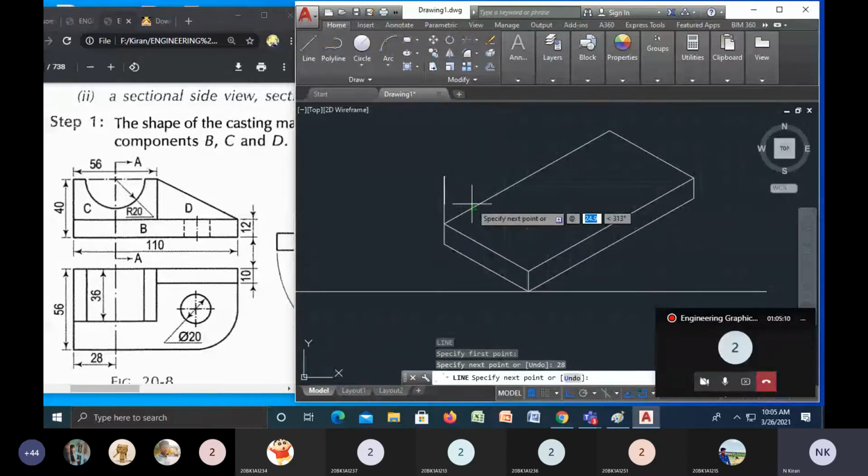This is your 36. That means shift at the rate 36, and what is the angle I have to give? Here I have to come 330. Do you remember that one? See, this is your 360 degrees minus 30, that means 330. Okay, right. Again in the ortho mode, directly 40 minus 12, 28.